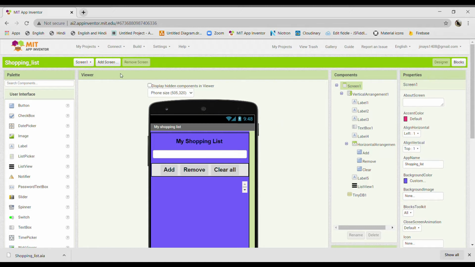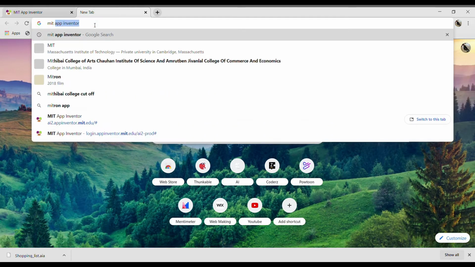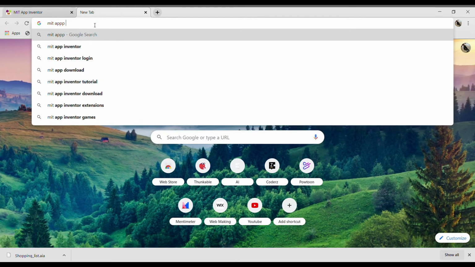For example, when we want to test our app, we usually connect AI Companion or we use an emulator. AI Companion is basically if you want to connect this to a mobile device. For that you have to install one app called MIT App Inventor Companion.